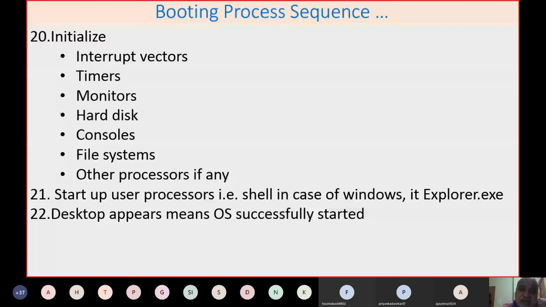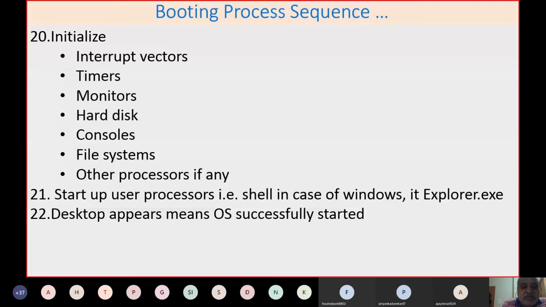After loading, when the operating system starts loading its files, it also initializes certain interrupt vectors, IRQs, then timers, monitors, hard disk, consoles. Then it also sets up the file system in the RAM. Files, buffers, and FAT are loaded into the system.